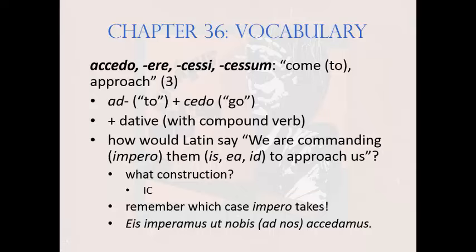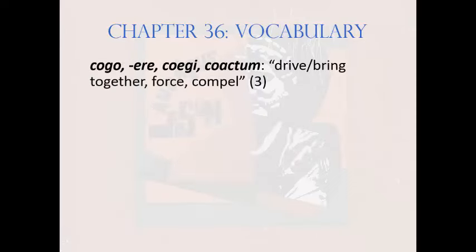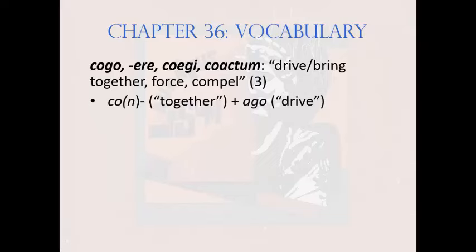Eis imperamus ut nobis, dative with a compound verb, or you can repeat the ad and say ad nos, accedamus. Next is another third conjugation verb, cogo, cogere, coegi, coactum, meaning drive together, bring together, force, or compel. A compound of con, here co, together, and ago, drive. And note the perfect forms of the compound coegi, coactum follow the pattern of its base verb ago, agere, egi,